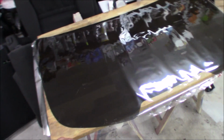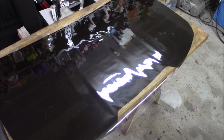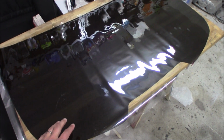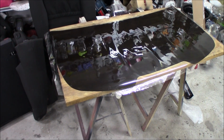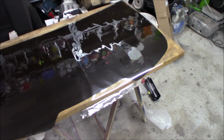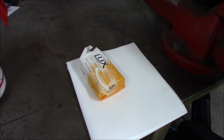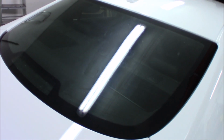And I actually ordered this tint film when I bought the car, so I have been waiting a super long time, and this has been just shipping inside of Sweden, so really long time, but finally we got it. So the tint right here, a couple of tools, a soap bar, the soapy water, a couple of paper towels, the heat gun, and